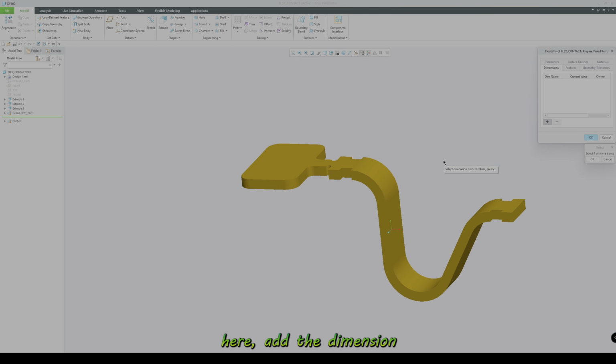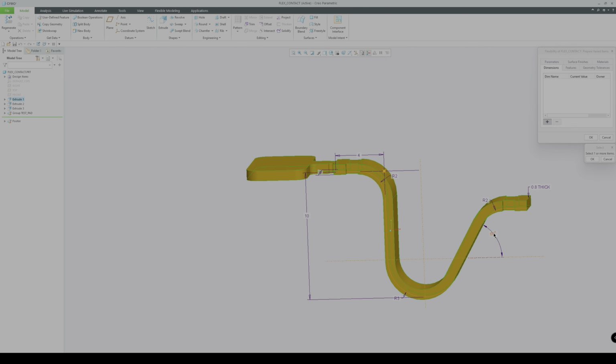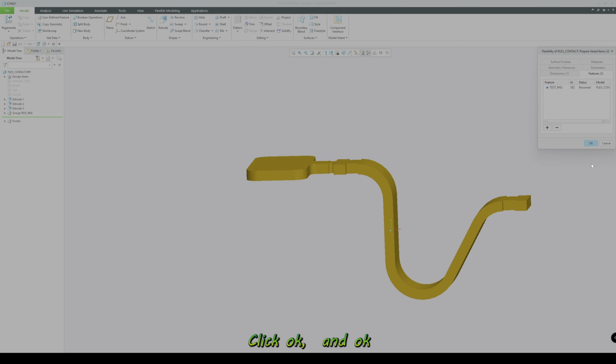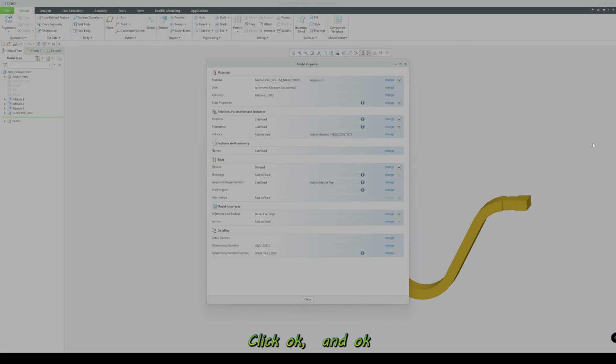Here add the dimension you want to make flexible. Now select the feature you want to make flexible. Click OK and OK.